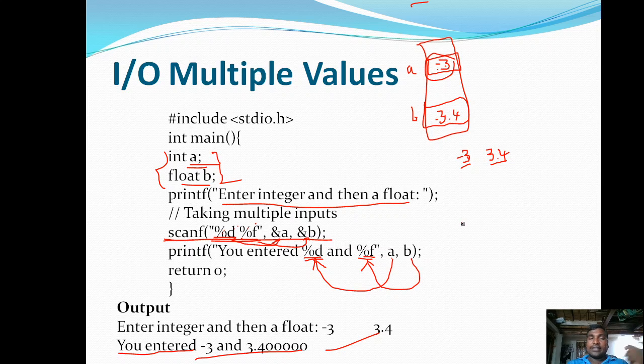One thing you need to remember is that in the definition of printf and scanf, we describe them as formatted input and output functions. scanf is a formatted input function, printf is a formatted output function. Formatted means it follows some sequence. Here with two variables, the first is replaced at the first place, the second is replaced at the second place. That is why we call them formatted input output functions.